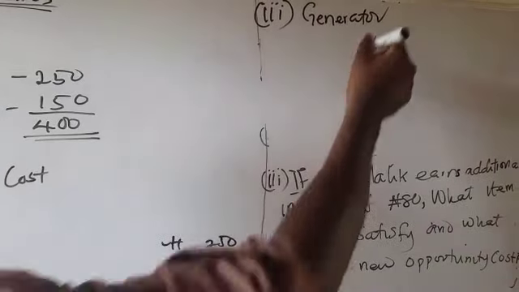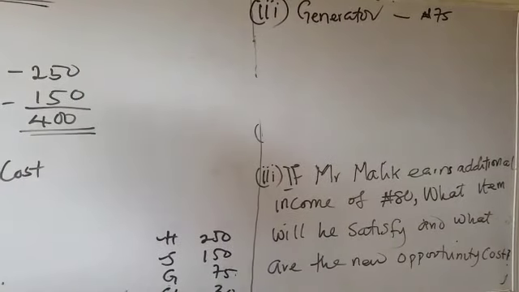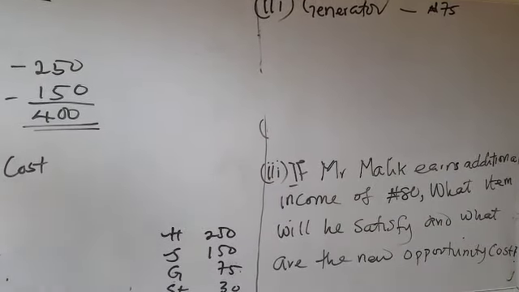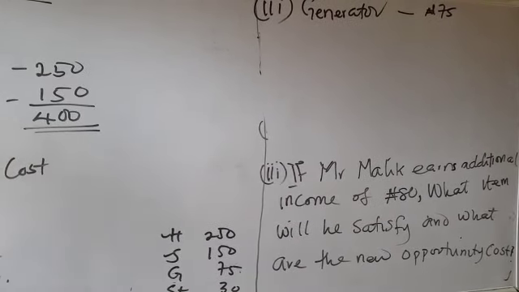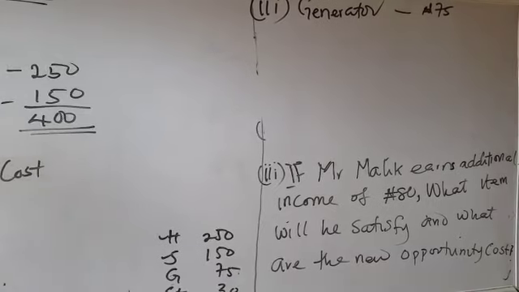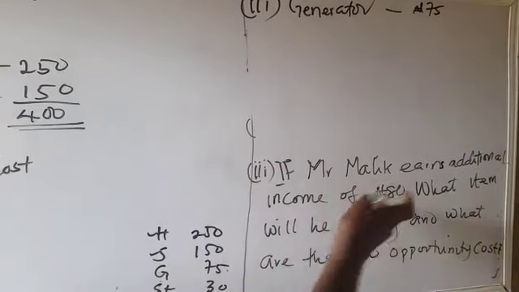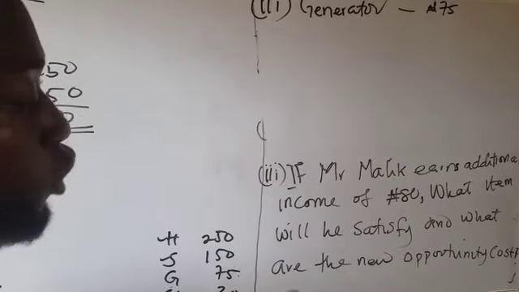If he satisfies the generator, he may have about 5 naira left, but that is not enough to buy any of those other things. He needs to keep that and look for more money in order to go on satisfying the other items. So he will be able to satisfy the generator if he earns an additional 80 naira,